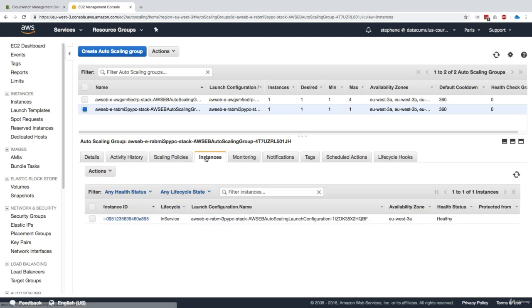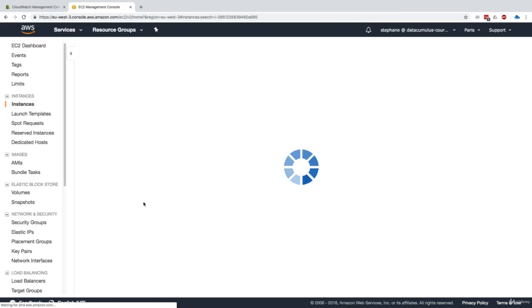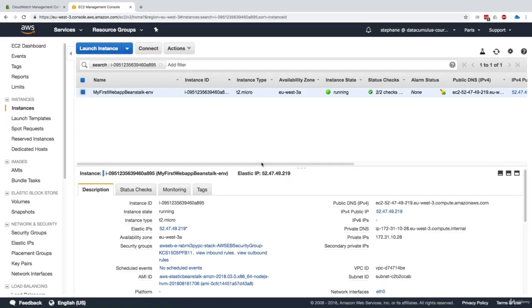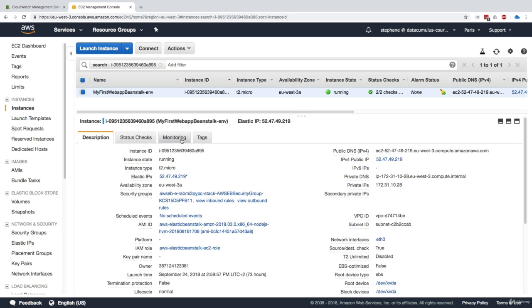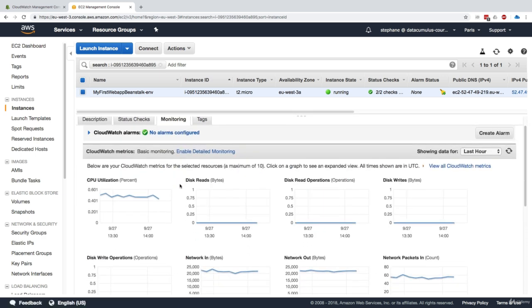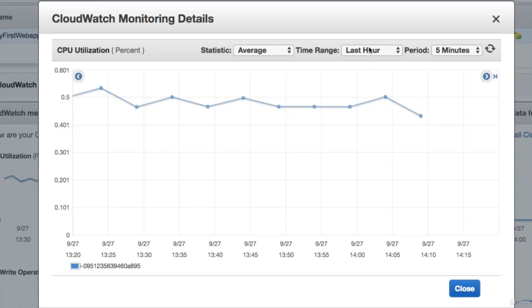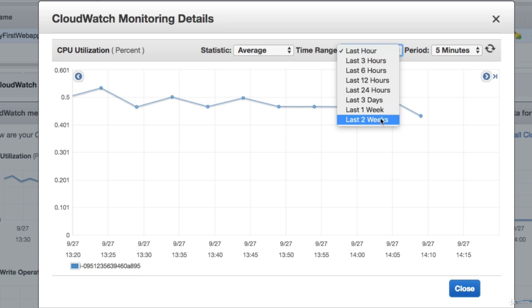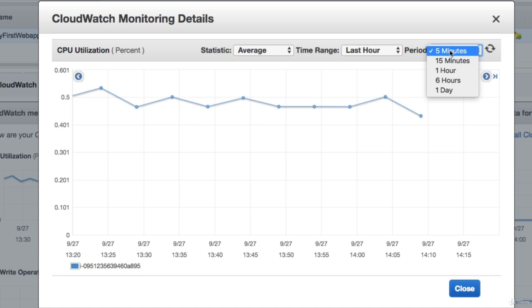So you can click on this, and now it will take some time to appear after enablement. Now, if you go back to instances and click on this instance, for example, now we get transported to the EC2 instance area, and we can also click on monitoring here, and we get information around all the metrics for that EC2 instance. And so we could select the average or whatever we want in statistics. The time range is able to be selected using whatever. So last hour, last 3 hours, 6 hours, 12 hours, etc. And then the period, as you can see, by default, the period is going to be 5 minutes. That's the minimum we can get because we have basic monitoring on for this EC2 instance.